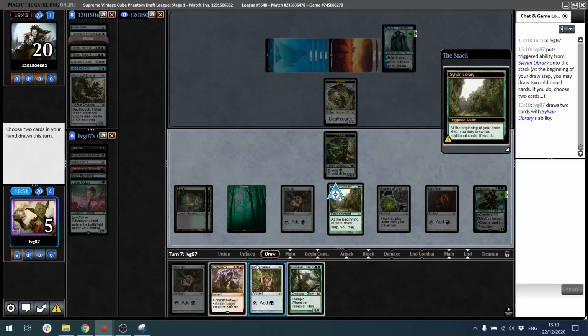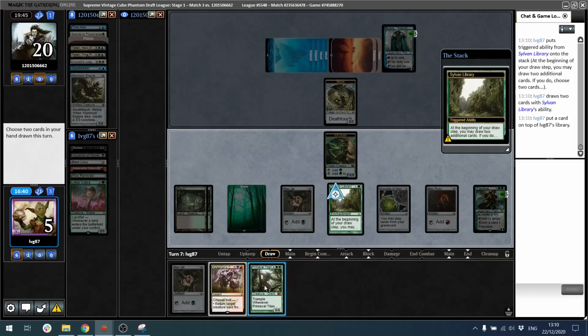Primeval Titan. What do I want more? Primeval Titan or Colligan's Command? I think put back the Mox Emerald. I don't want to pay 2 life. Can we play both Colligan's Command and Primeval Titan if we do pay 2 life? Let's see, 1, 2, 3, 4, 5, 6, 7, 8. And we can't. No, so just put back the...